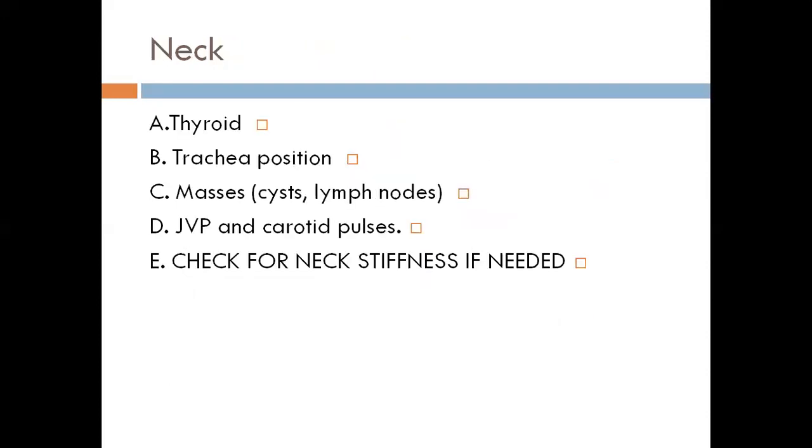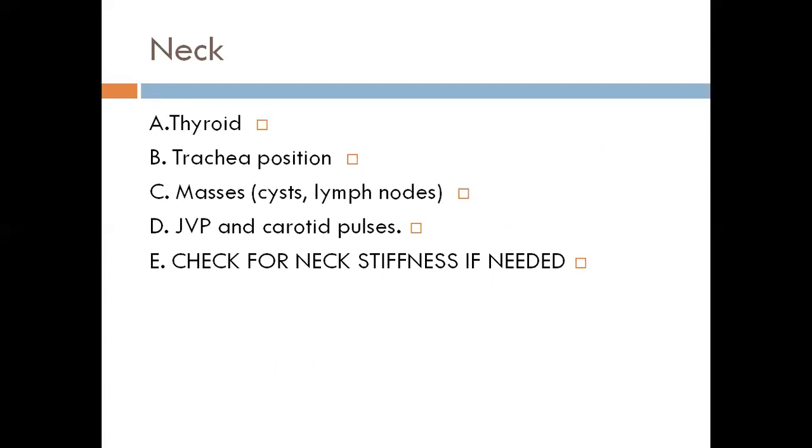What about the neck? In the neck we have four things very important. Maybe we can add a fifth that we must not forget. Check for the trachea, check for the thyroid, any lymph nodes or masses, check vascular JVP and carotid pulses, and don't forget if you are suspecting your patient to have some CNS problem or meningitis, check for neck stiffness